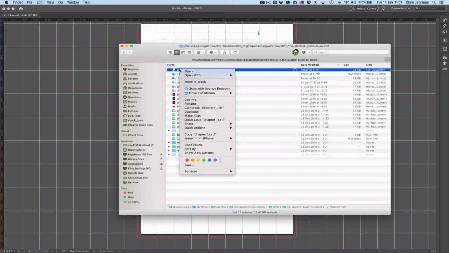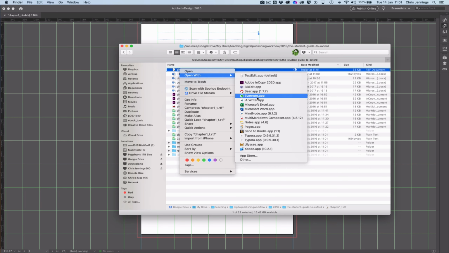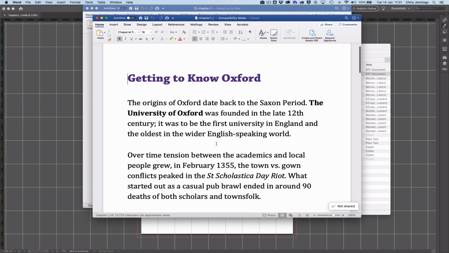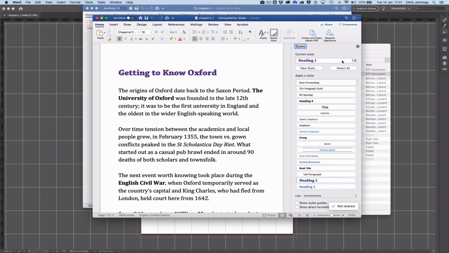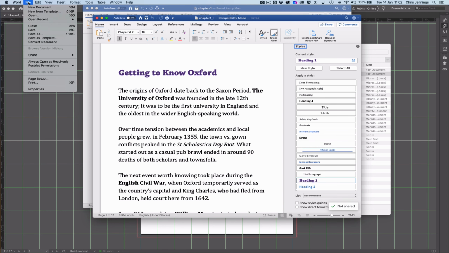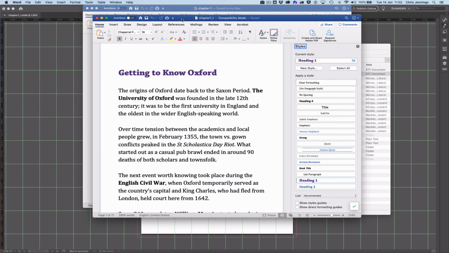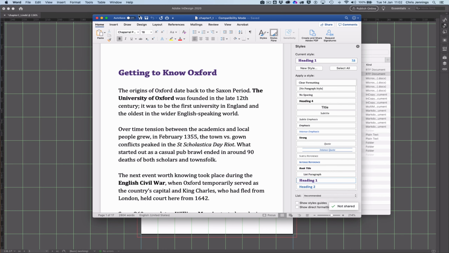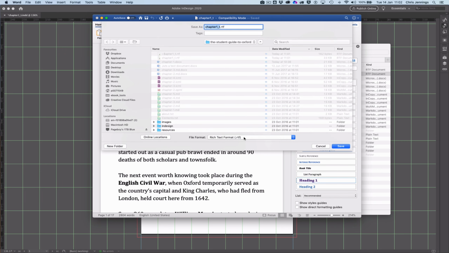And I'm going to right click over this and open this with Microsoft Word. And there we are, there's the new version with the new style. You can see that over in a Styles pane here. So here's the new style that we're working with. So if we give this copy to our editors, or indeed now save this as, we need to save this. I'm sorry, I'm just going to cancel that for a moment because I need to close this version down. Otherwise we won't be able to save it, but I'm now going to save this as a Microsoft Word version,